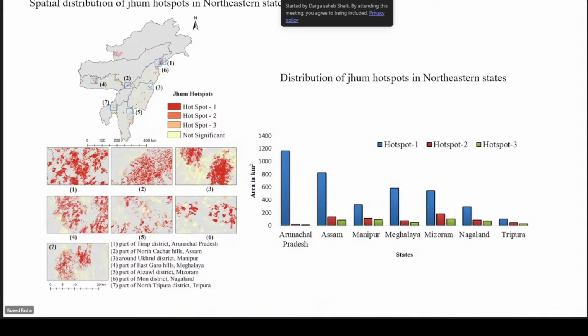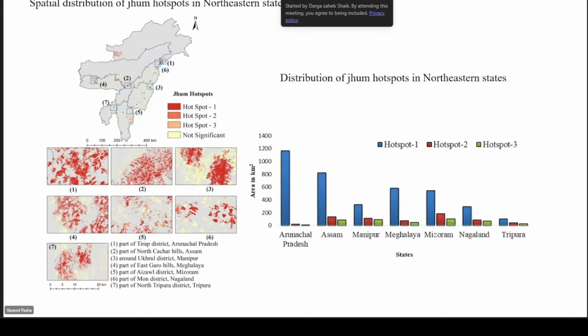Once you have captured all the forest fires of different years, what can you do? Once we have a spatial distribution of fire maps for any study area, you can go with decision making, because the government wants to do some intervention in forest fire areas, with high frequency forest fires in certain areas.